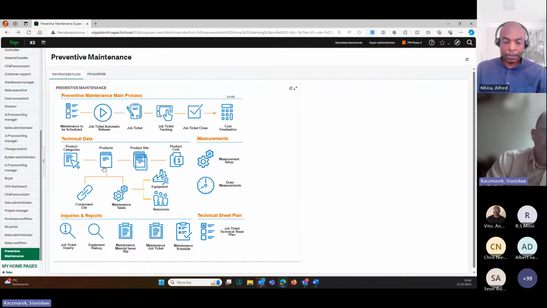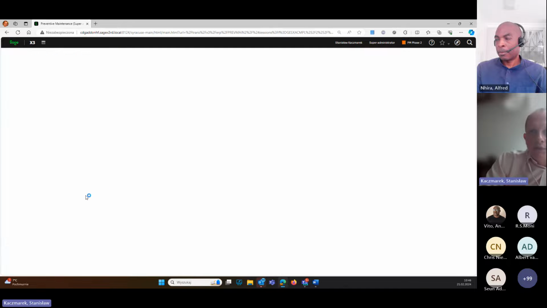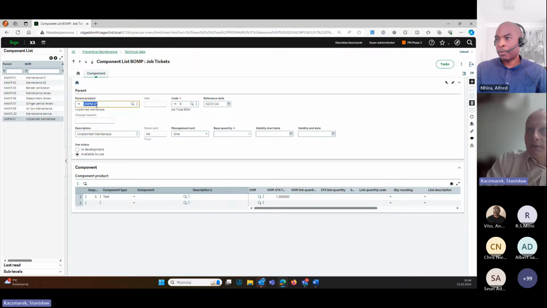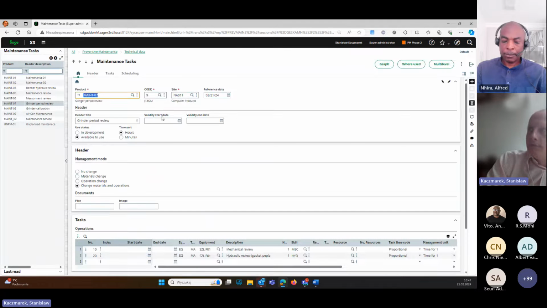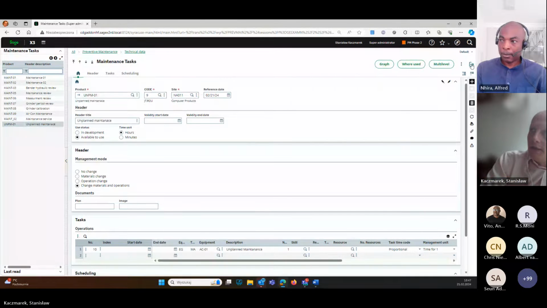This is rather related to the maintenance, yes, and the same maintenance tasks you can use for a number of equipments, yes. Okay, I see the relation. Yeah, these parts are related, yes, because the component list is according to the product, and maintenance is related to the product. Different one, but okay. This one, yes. And